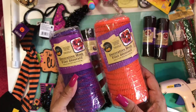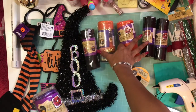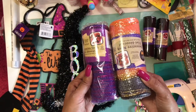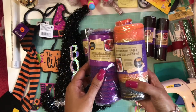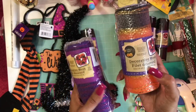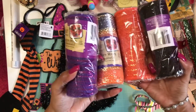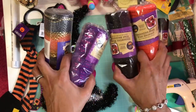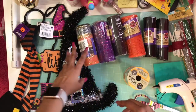mesh pieces cut out to 6 inches in length. So what I'm going to do is a combination of colors. I'm going to start off with these two. I'm going to roll them out and measure out 6 inches. This will give me an opportunity to make about 10 sets of these. So I'm going to do a mixture of all 4 colors. All right, I'm going to start rolling those out and I will show you in a moment what that